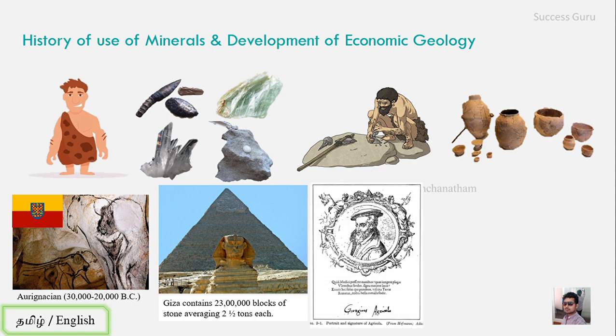So here is someone I just want to introduce to you in this brief history of economic geology. The first reasonable theory of genesis was formulated by George Agricola. This image shows George Agricola. He lived from 1494 to 1555, and in his De Re Metallica,